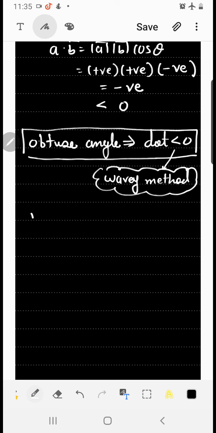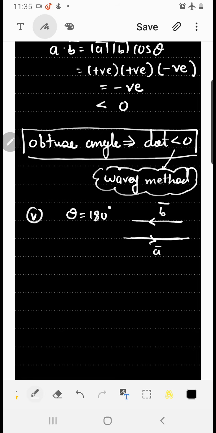And finally, let's go to the fifth condition when theta takes 180. Now most of the people argue that theta equal to 0 degree and theta equal to 180 degree are one and the same thing. Yes, you are right, the diagram of theta equal to 0 and theta equal to 180 will be the same. But if you see, it's not the same, the direction is opposite.